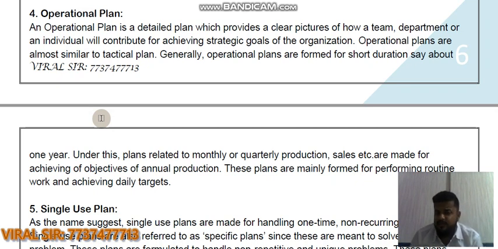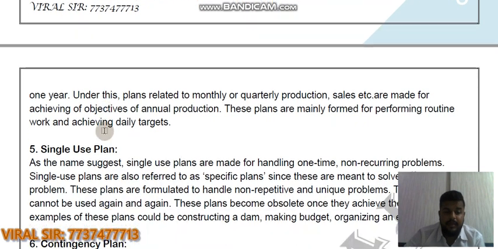So operational plan is moreover a kind of tactical plan only, but a tactical plan is prepared for the whole 1 year, and an operational plan is prepared by different operational divisions, and they are divided into smaller durations. For example, monthly target, quarterly target, sales department, production department, cash department. So that is operational plan. Next is